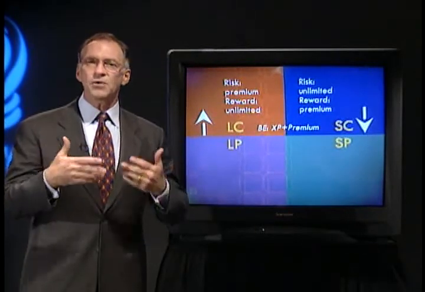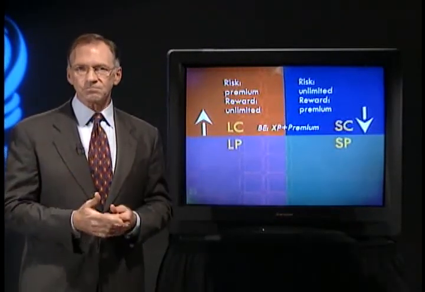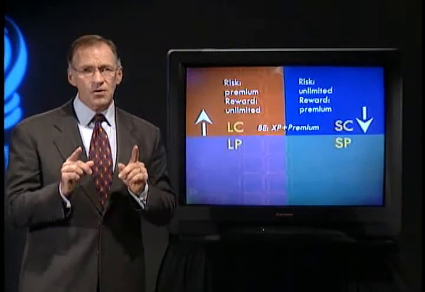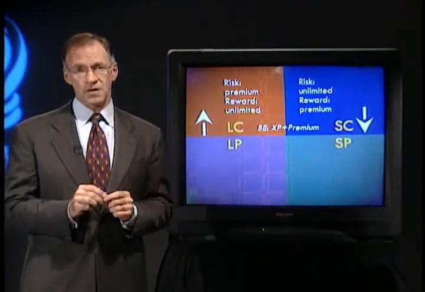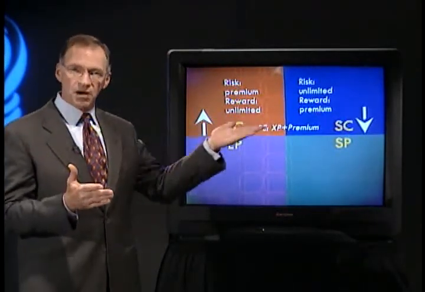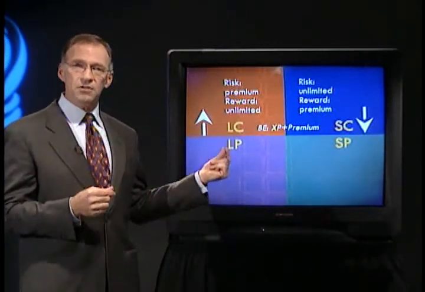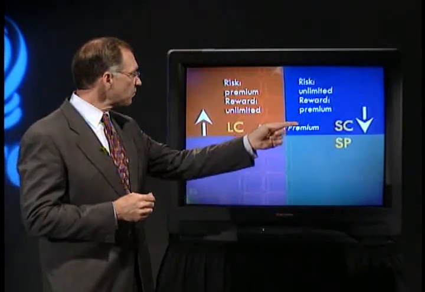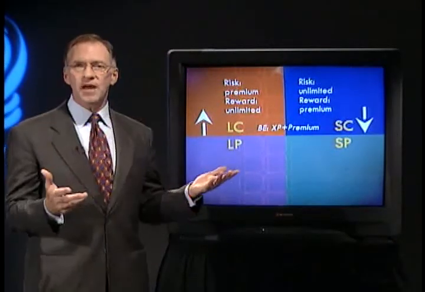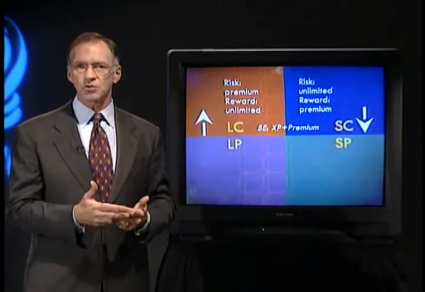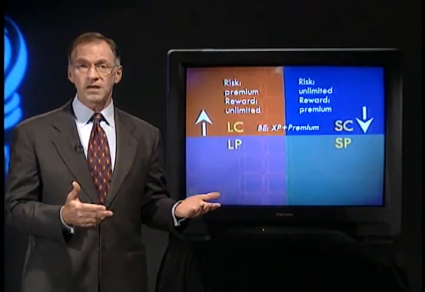Now, how do you remember where to put these entries? We'll go back to our basic ideas, but remember it's going to be call up. So calls are going to be above the line and puts are going to be below the line. So on the left you have buyers and on the right we have the sellers. So that's why this quadrant would correspond to a person who buys a call, the long call. This quadrant corresponds